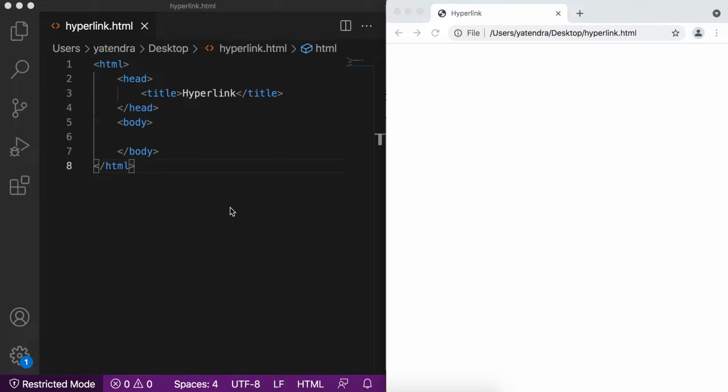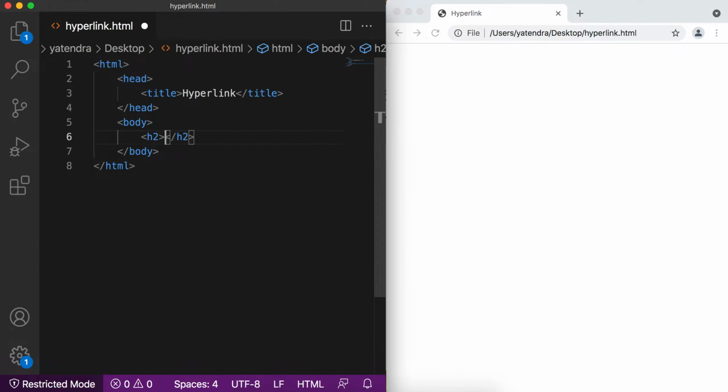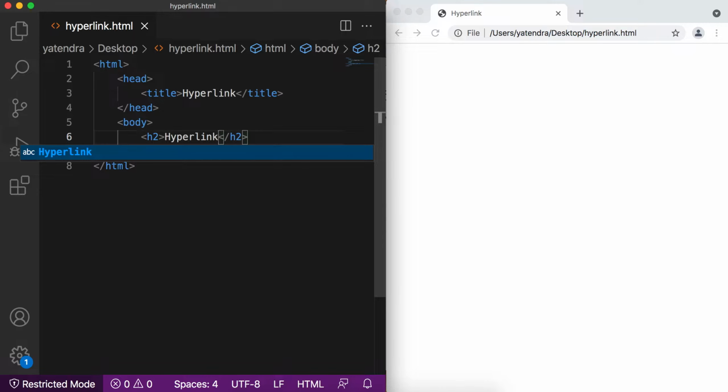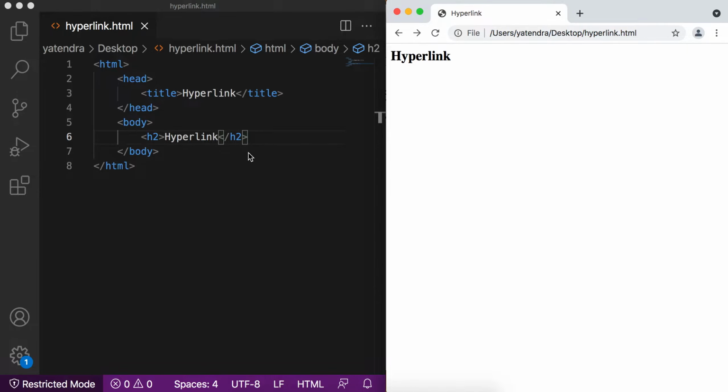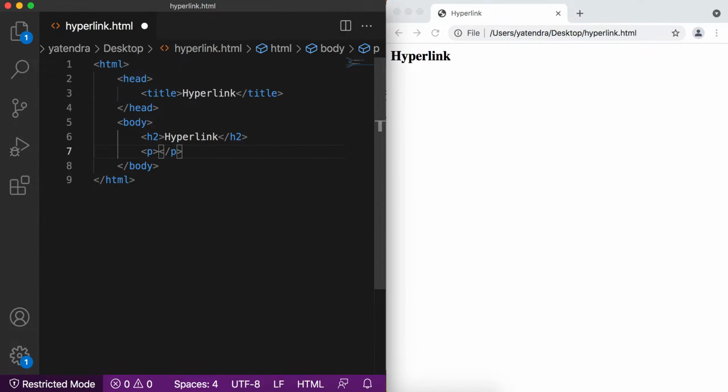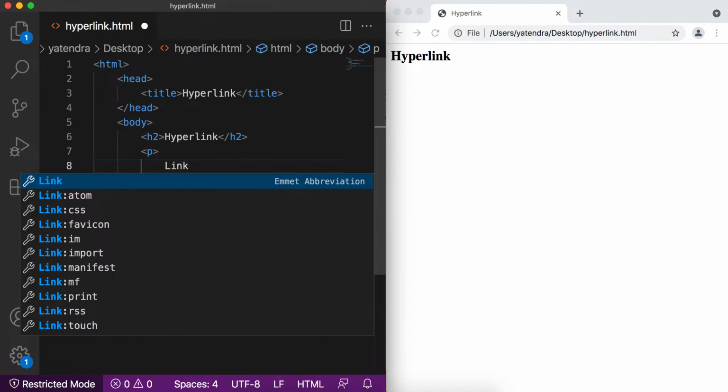For this, I created one HTML file and I named this file hyperlink.html, and I also opened this file in the Chrome browser. So first I add the heading tag, and maybe first we write the definition of hyperlink. What is a hyperlink? So basically a link or hyperlink